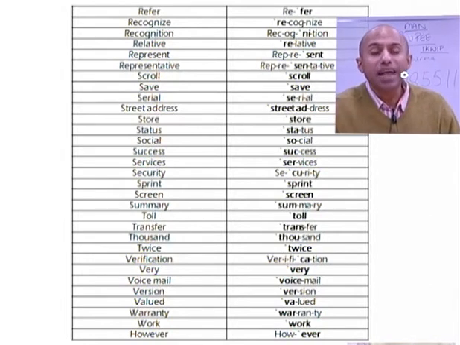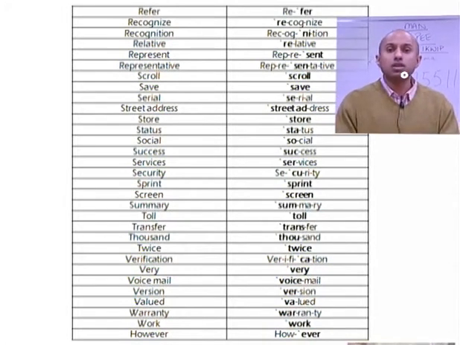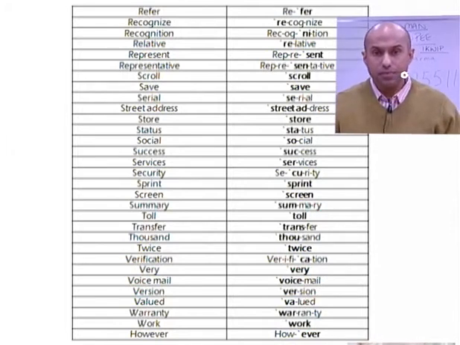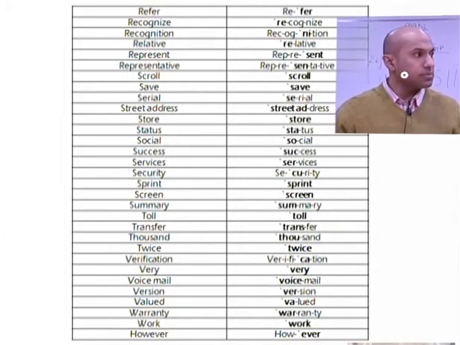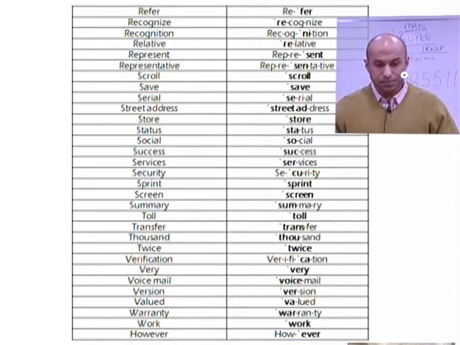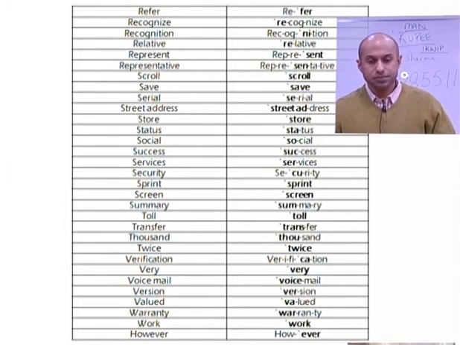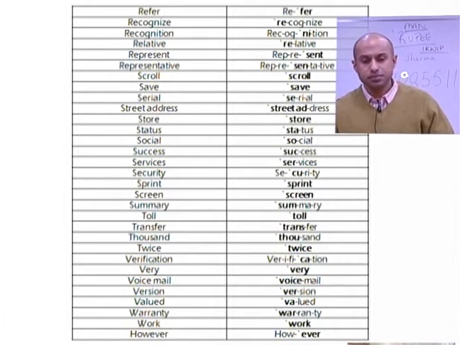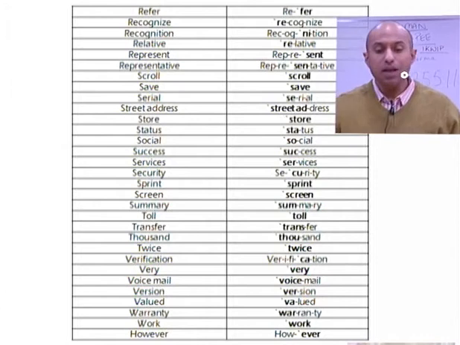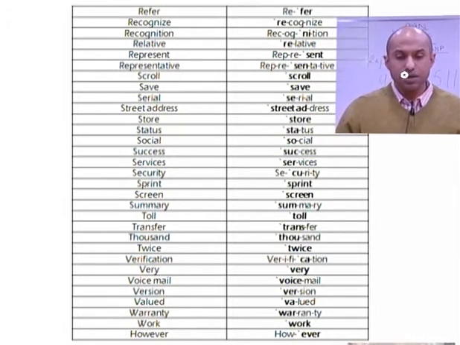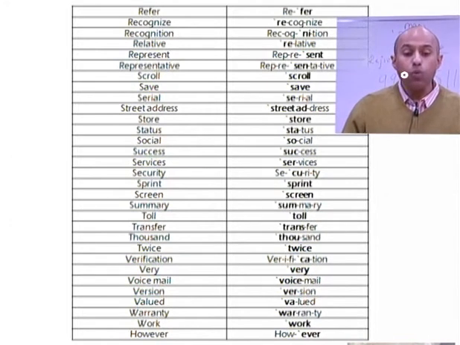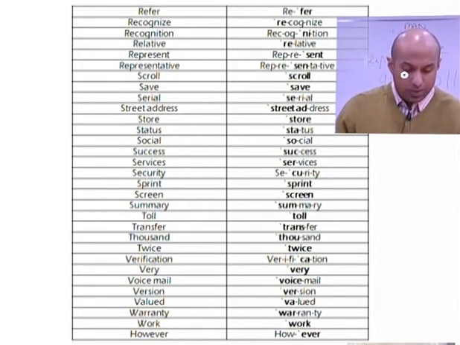Next word, verification. He needs to come across to do the verification. Yes, verification. Very. Voicemail. Voicemail, what people can leave on your telephone to leave you a message. Voicemail. Version. Valued. Warranty. Work. And the last one that we have here, the second one in your workbooks on the screen here,